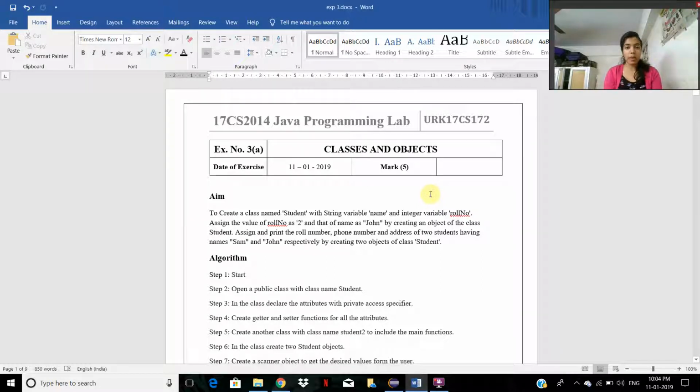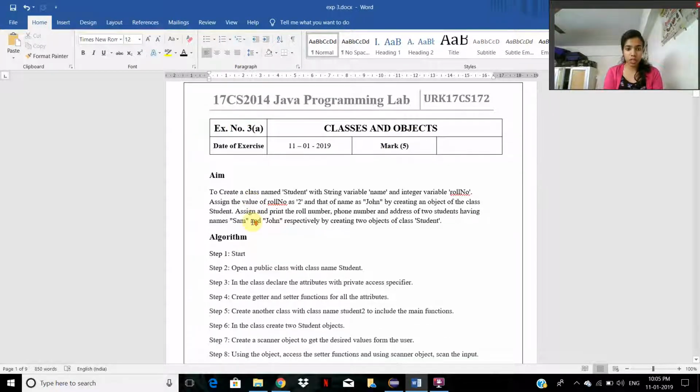My name is Abhi Elizabeth Ibrahim, URQ17CS172, and today we're going to do our experiment number 3, that is classes and objects. So the first experiment is to create a class named student with a string variable name and an